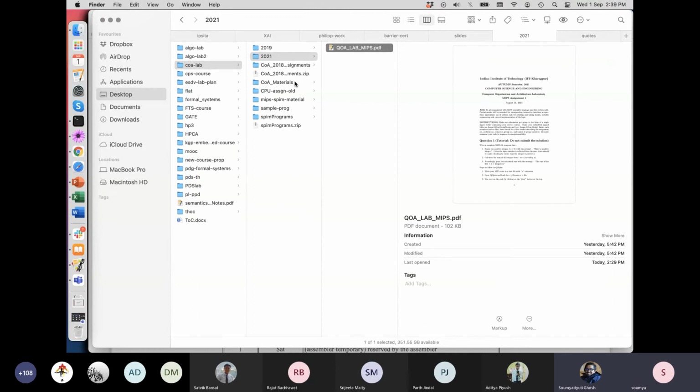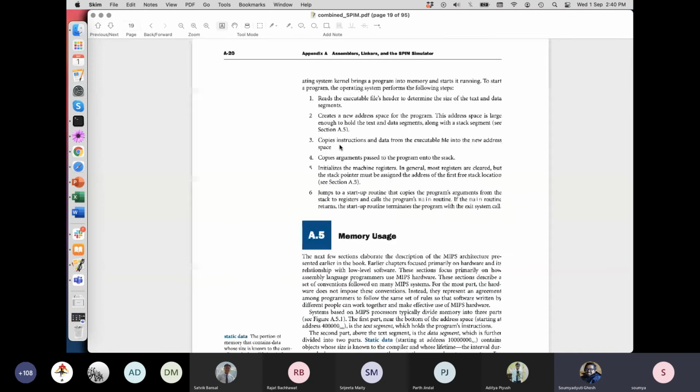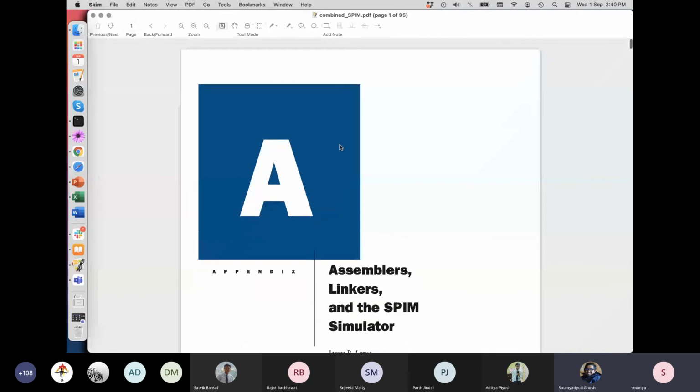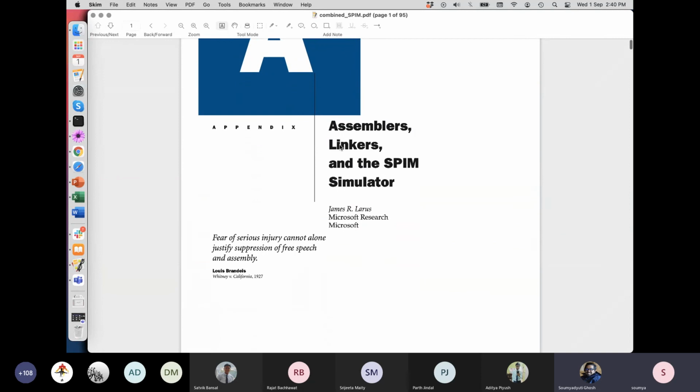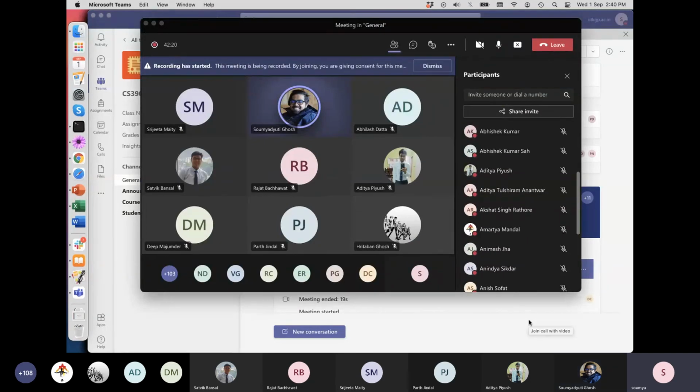Okay. And now another one. There are quite a many. This is one nice thing, an appendix of the book itself. I think this is also a good material. Is this uploaded? Yes, sir. Fine. Then we have all set. We don't require anything more. Okay, fine. So happy coding. We will close the session if there are no more issues. Satvik, any question? No, sir. Okay.